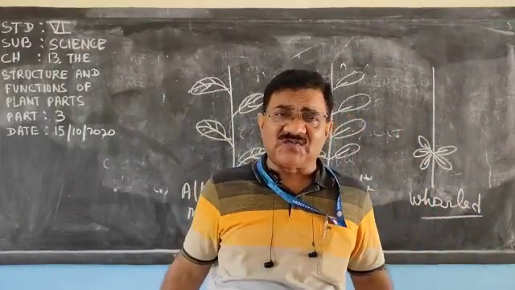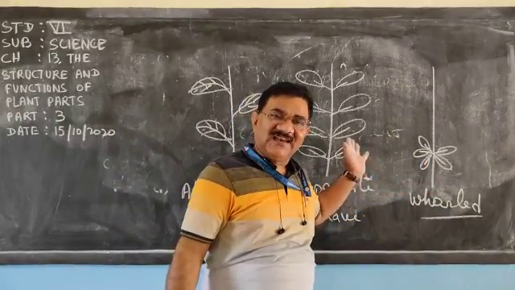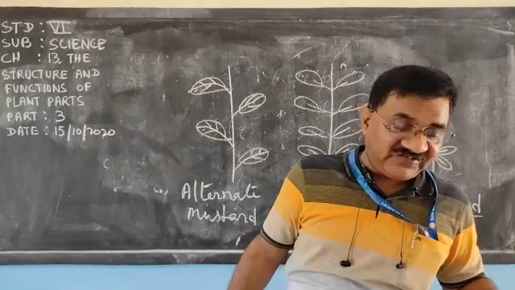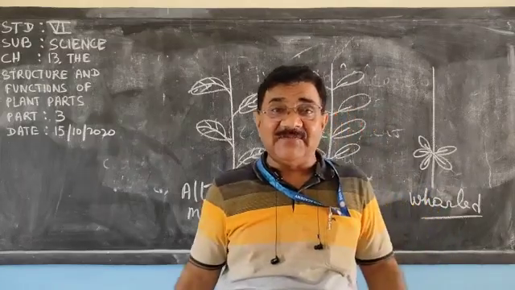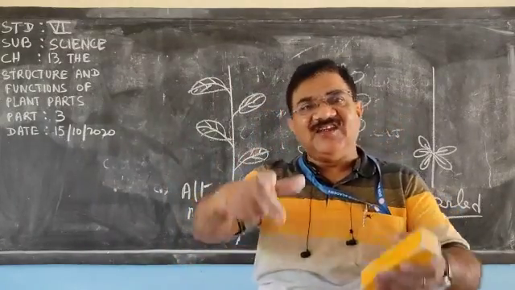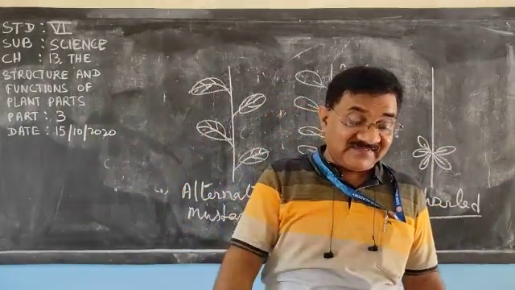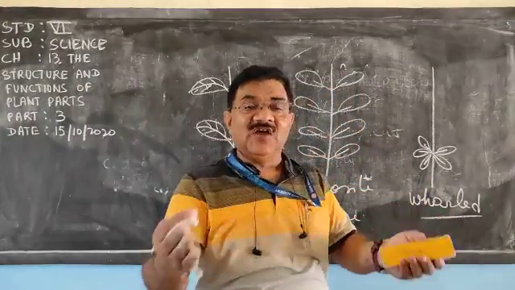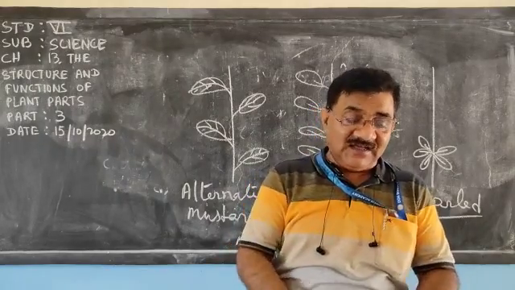We have a nose for breathing. Stomata are present on the leaves, so the process of respiration takes place through the leaves. And certain leaves help in reproduction also. If you plant the leaf, a new plant will grow. One example is bryophyllum, where the leaf itself grows into a new plant. So it was about the leaves.